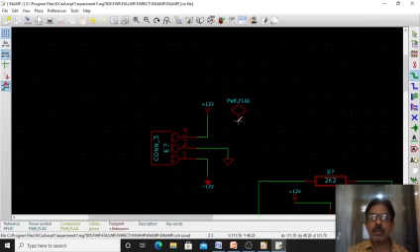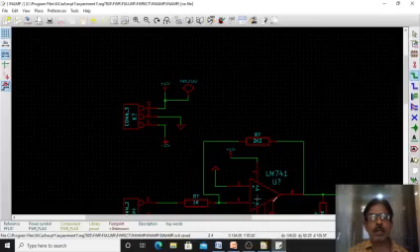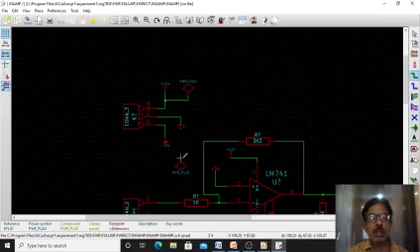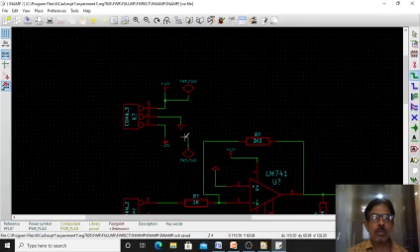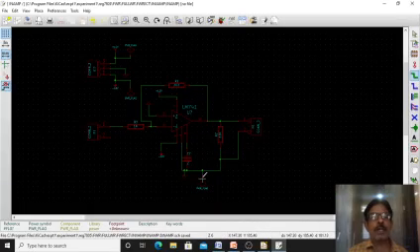You take wire, connect it to plus 12, and again the same, copy, connected to minus 12 also. And ground I have already connected here. You can connect this power flag ground also to here.